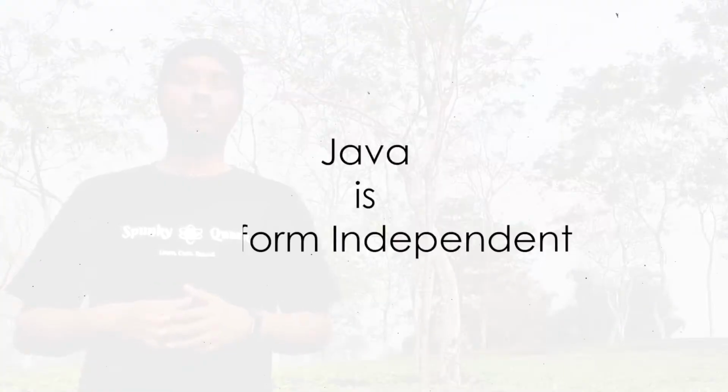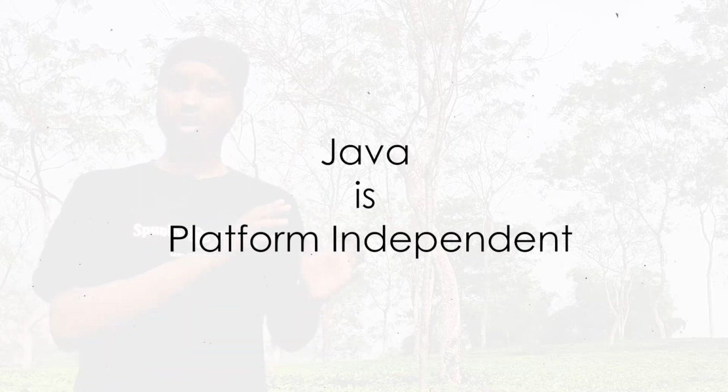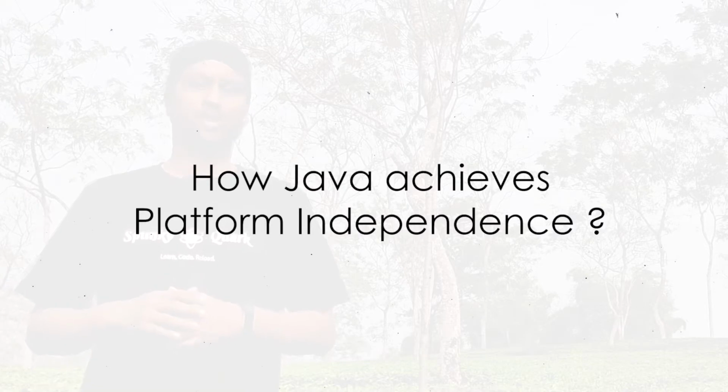Previously, we saw that Java is platform independent. That is, Java programs can be written on any operating system and can be run on any other operating system. This feature is not available in most programming languages. So how does Java achieve platform independence? The answer to that is interpreters. So stay in this video today and we'll be discussing what an interpreter is and how it helps Java achieve platform